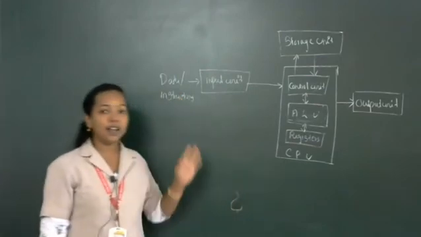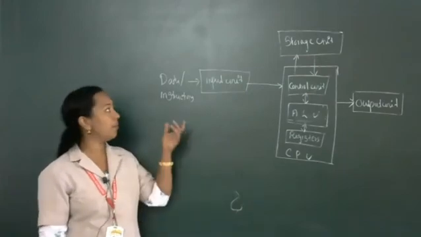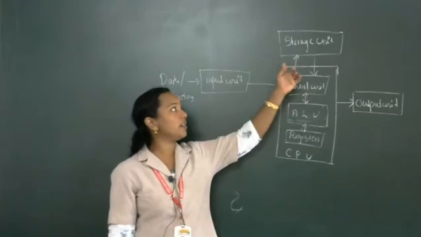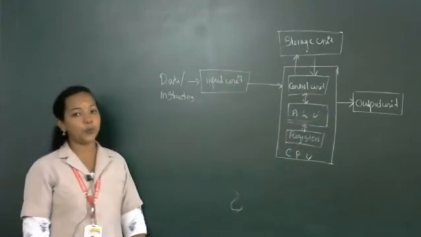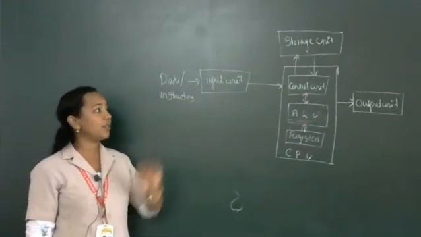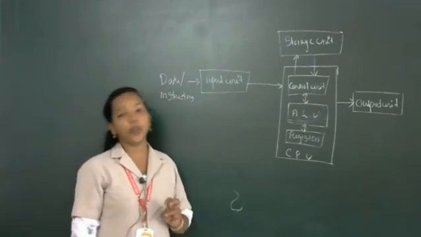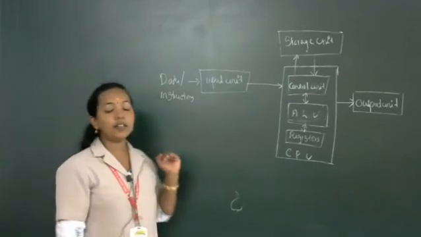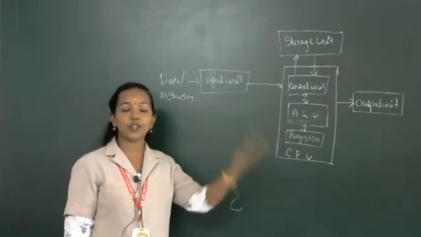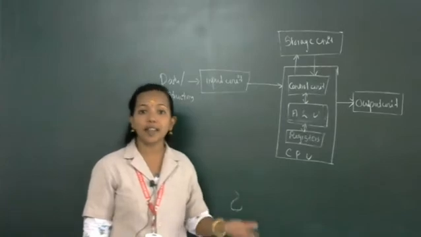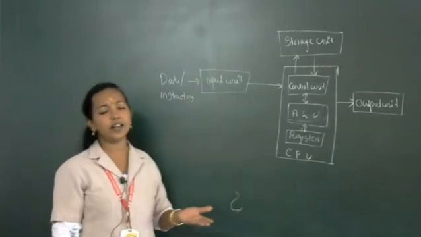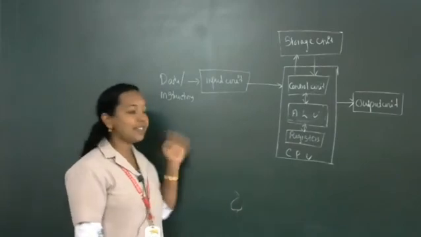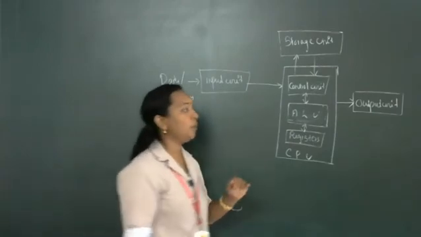So these are the different functional units of computer. What is the first unit? Input unit, processing unit, storage unit and output unit. First, what is meant by input unit? What is the role of the input unit? Input unit is used for transferring data into the computer for processing. Normally we are using data for processing, so whichever data is required for processing, that data we transfer through the input unit.